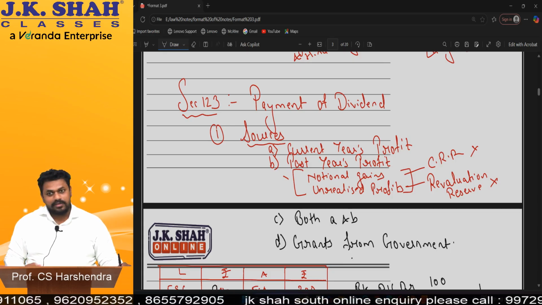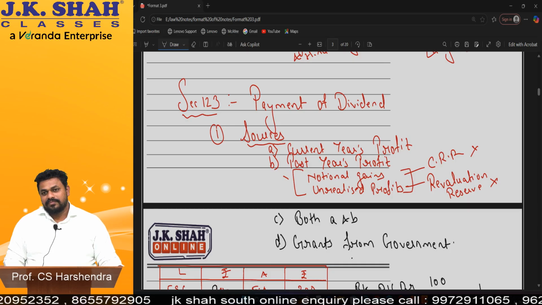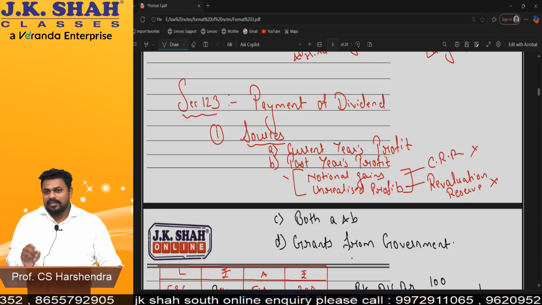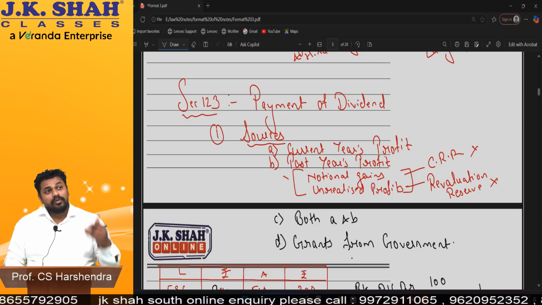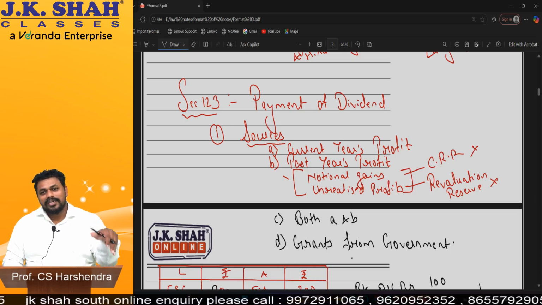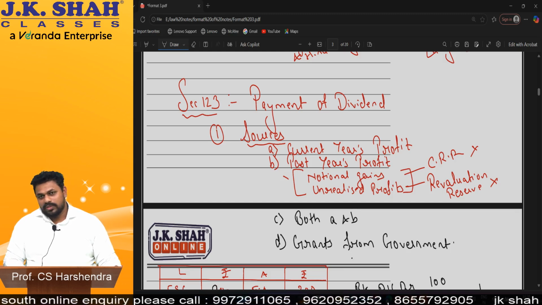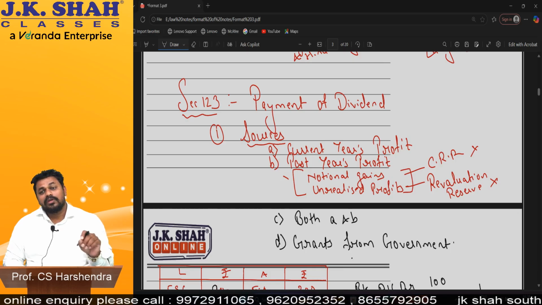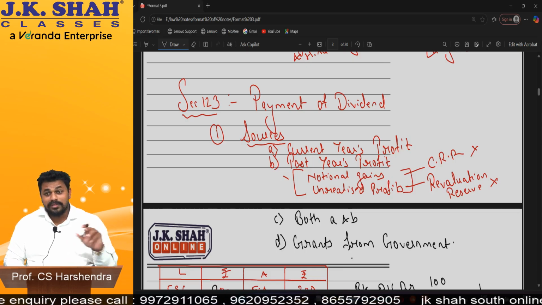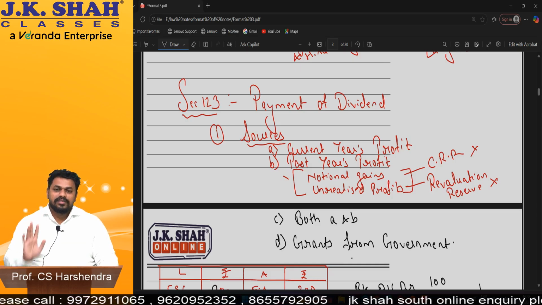From debts? No. It is distribution of profit. It's simple. Dividend is distribution of profit. So can you pay from capital? No, obviously, because if you pay from capital, it is reduction of capital again. See, whenever you borrow money, it should be only for a particular purpose, and borrowing for the purpose of giving dividend will not be allowed. Am I clear? Understood? Okay.